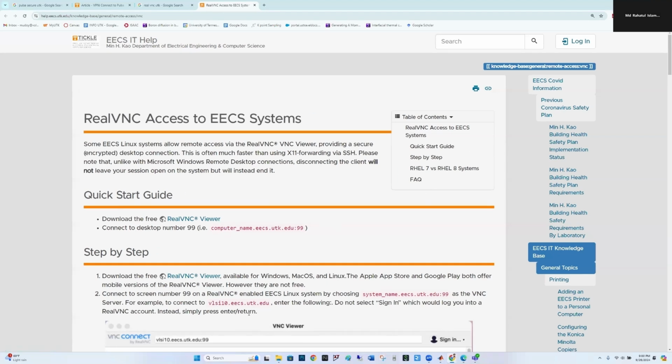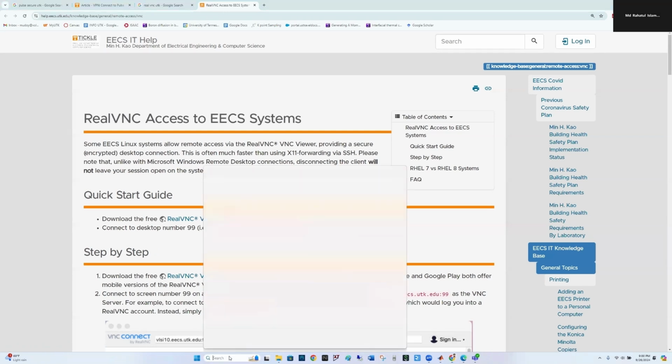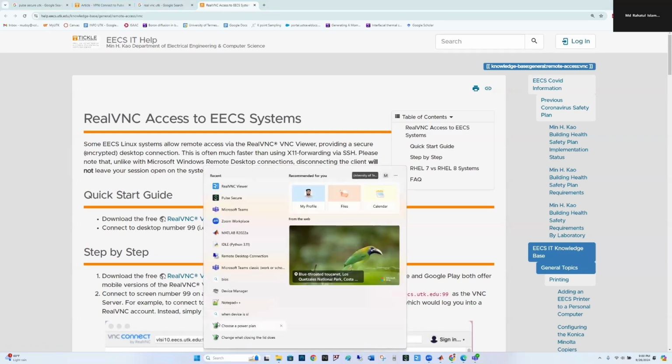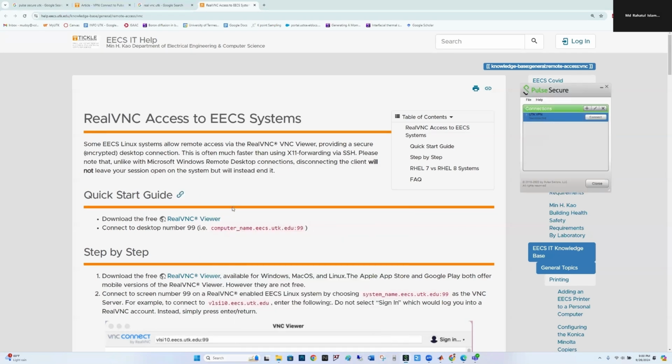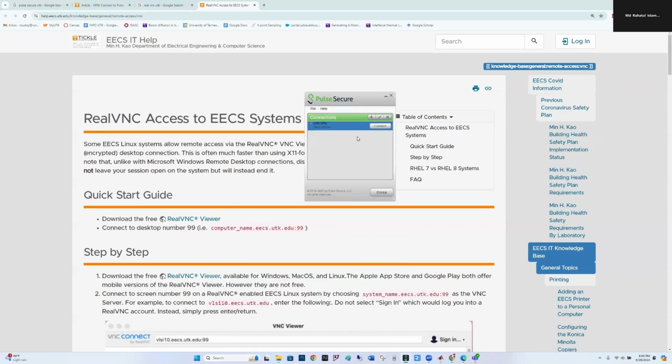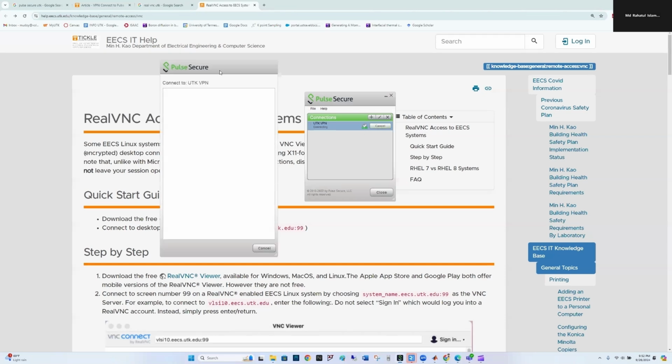So after installing, at first open the Pulse Secure software. So I'm just searching here. I need to open this software, and then it's already set up. You will get instructions on how to set up this UTK VPN on the website. So you have to click on this connect button, and a new window will pop up,